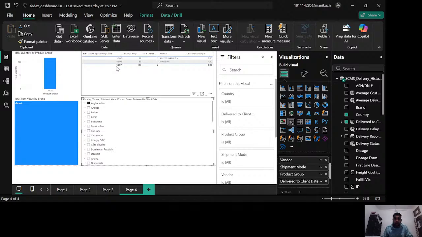The total orders here in Afghanistan are 26 and 89 respectively, that is 115 in total, and total orders are 2. So now we can